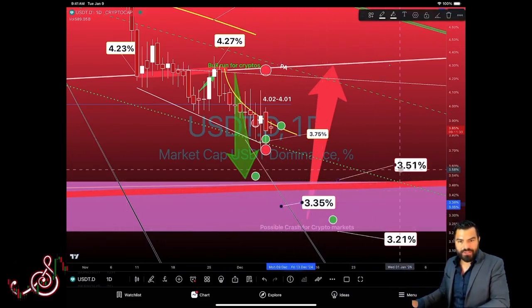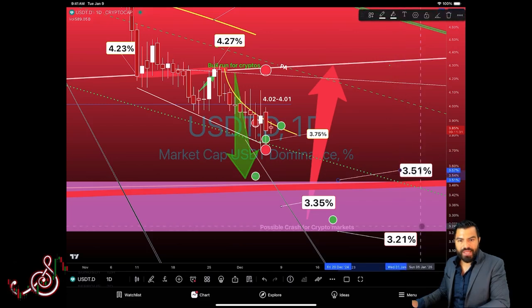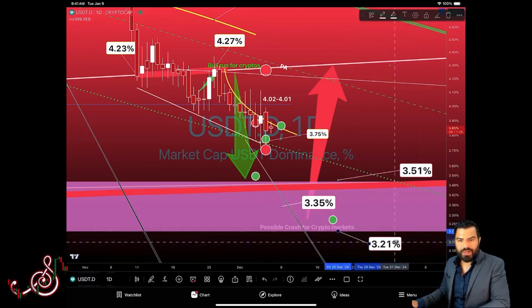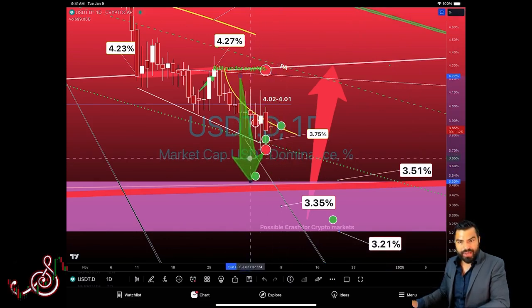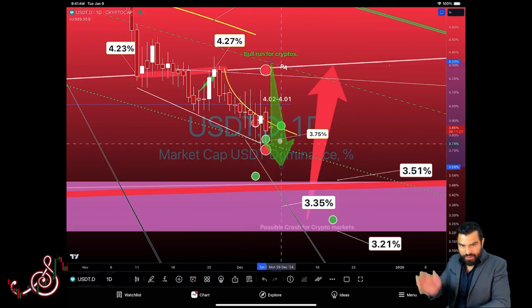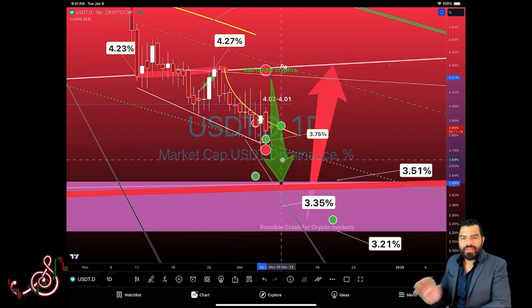We're almost there. There's a top section here at 3.5, and there's a lower section here at 3.21. We are not there yet. So guess what? We still want to be bullish markets, right? We still want to be bullish cryptos until we reach here. Everybody got that? We're not there.